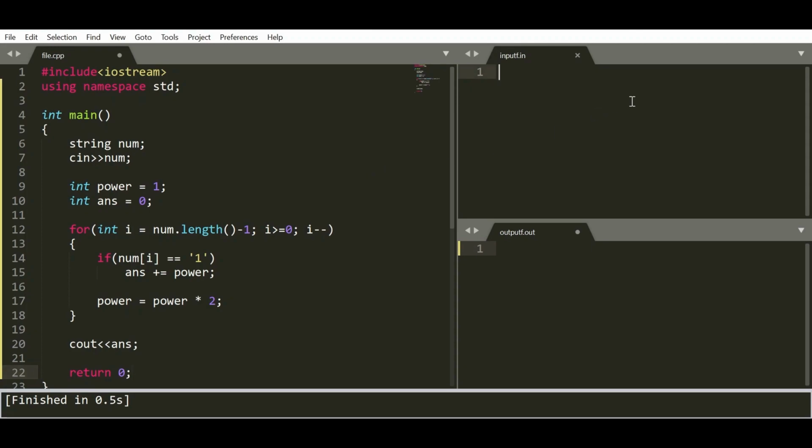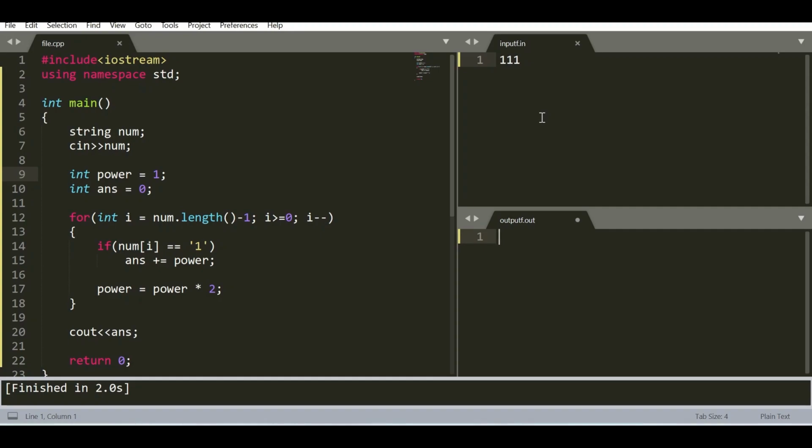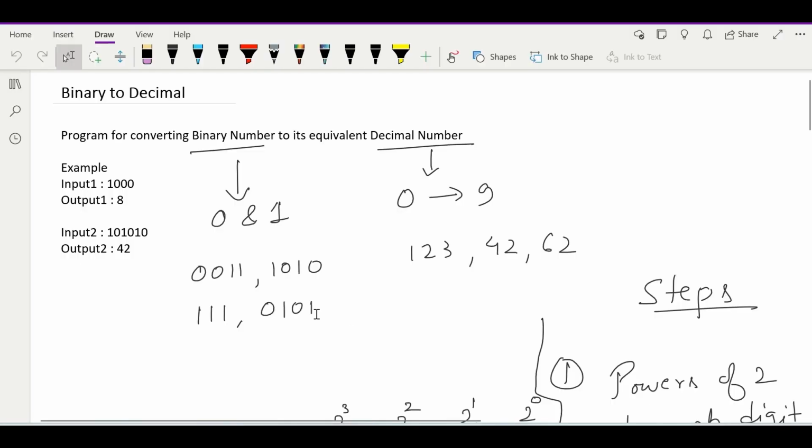Check for one value which is 111. Its equivalent decimal value is 7. So let's run for it and check it. Yes, the answer is correct. Now let's check for our input examples, which is 1000, output is 8, another one is 101010, and output is 42.